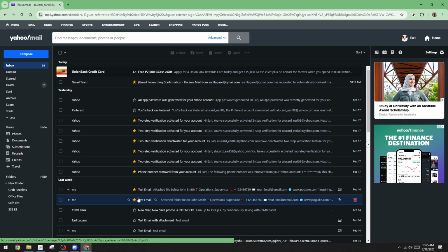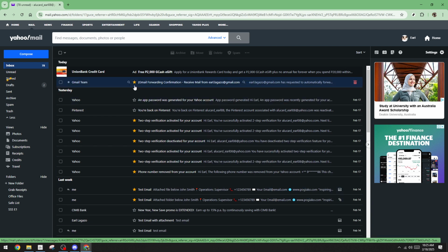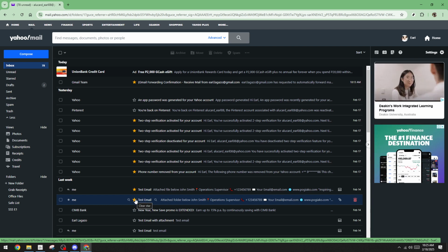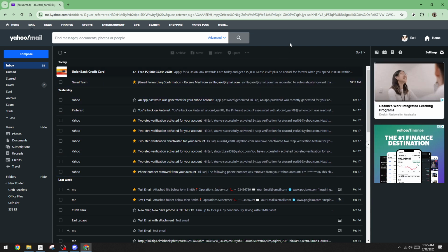Upon clicking the star, you'll notice that it turns yellow. This visual change is an immediate confirmation that the email is now starred. The yellow star is not just an arbitrary color change, it's your indicator that the email has been marked as important. It creates a distinct visual reminder in your inbox, making it effortless to pick out starred emails at a glance in the future. Starring emails can greatly enhance your email management routine, making important messages prominent and easy to